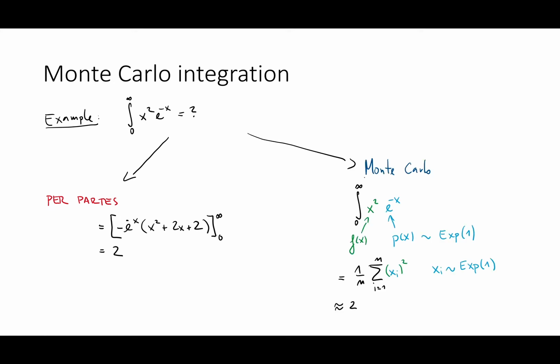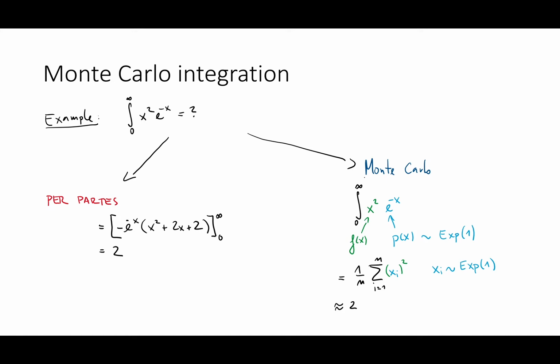So let's get to an example. We have this nice integral, and now we want to solve it. Luckily, this integral does have an analytical solution. You can use integration by parts, and you will arrive at the result of 2. Now, if I want to employ Monte Carlo, I can do it in this way. I can say that x to the power of 2, x squared, is the f of x, and the exponential of minus x is the